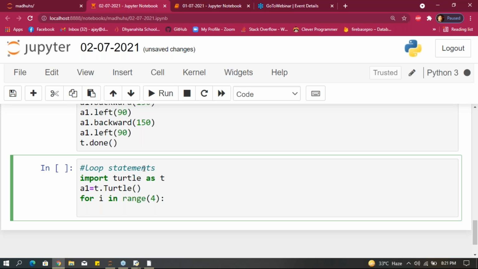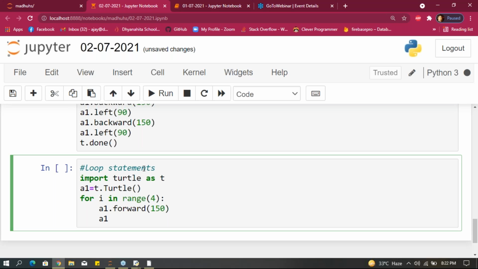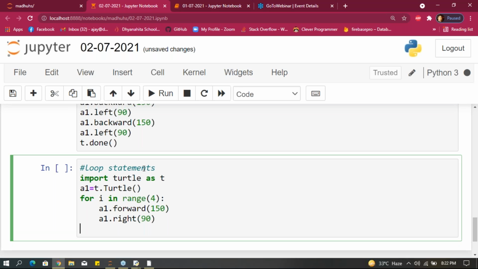Why? Because a square has 4 sides. After that, give a1 dot forward 150 pixels, and a1 dot right 90 degrees. And after that, t dot done.